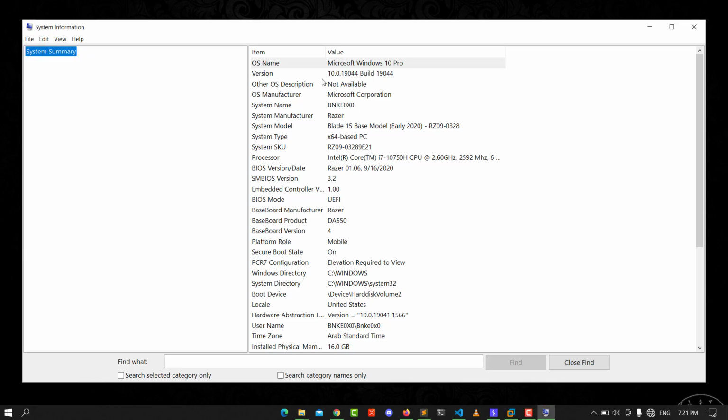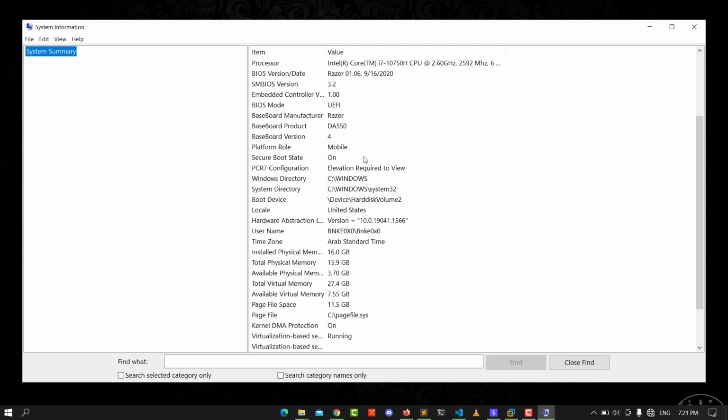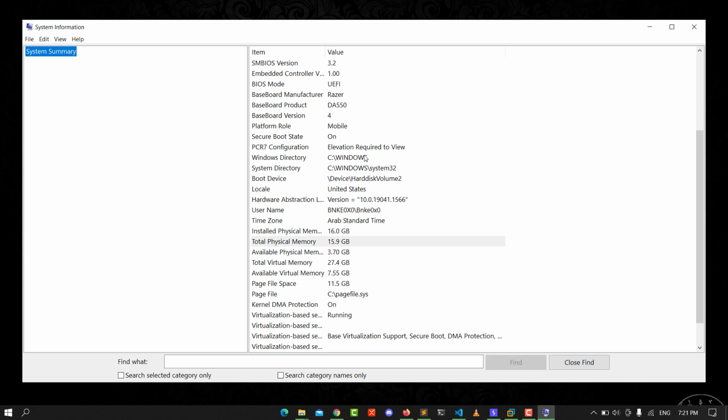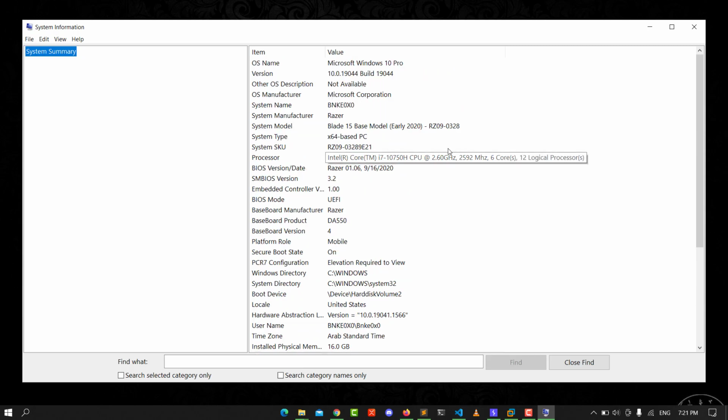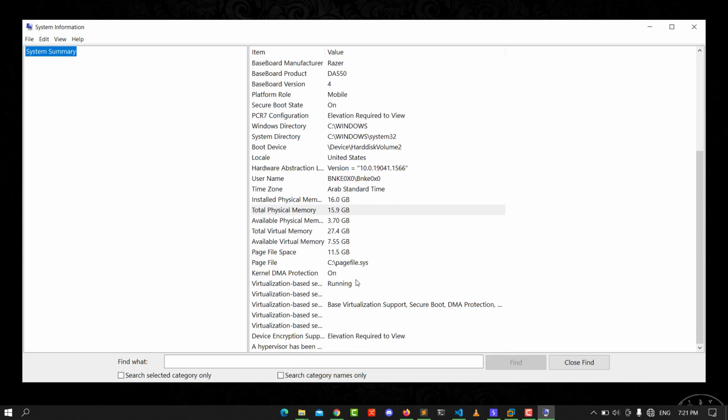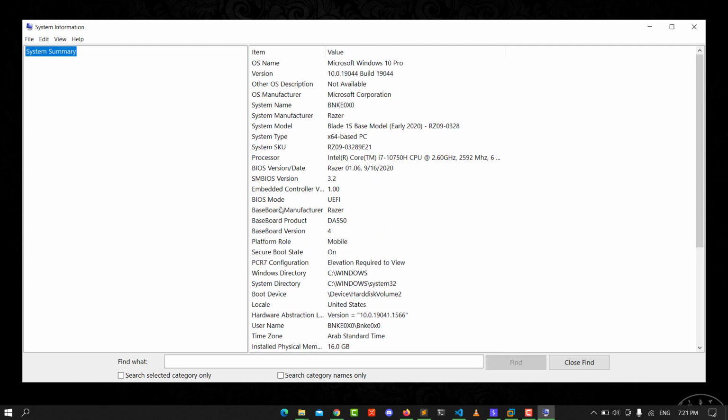You will see all the versions and other descriptions. You will scroll until you see the total memory. I have 16 gigabytes of memory. Now we're looking for the disk. You will look here. You found the disk space of the disk,